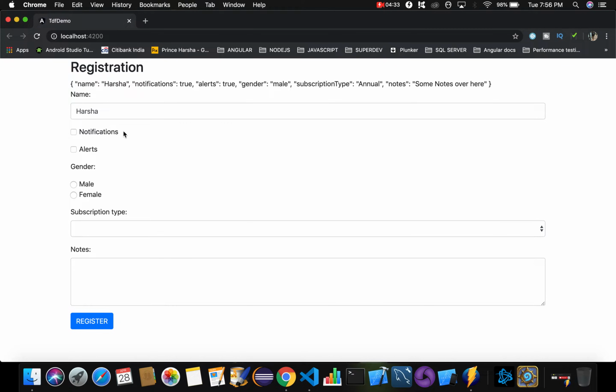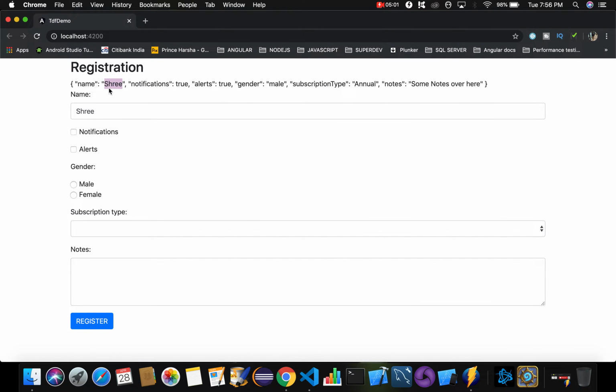So whenever I update this form, for example, I don't want this default value, I want to update it to some other name, for example Sri. Now if you observe, the field in the form got updated as well as our object. So whenever we update these fields in our form, correspondingly our object will also get updated. That is how we make use of two-way data binding.